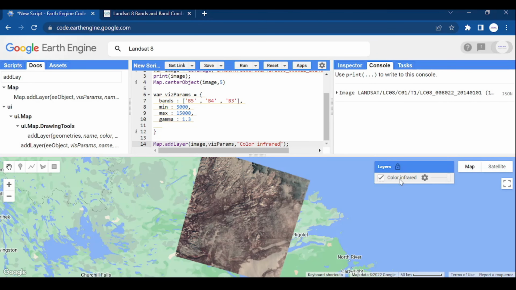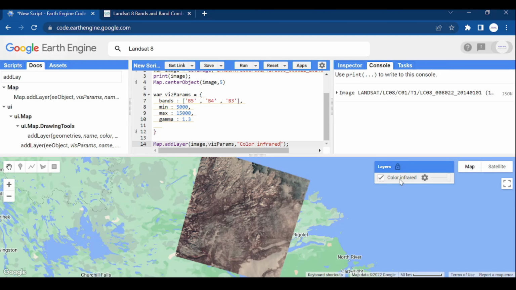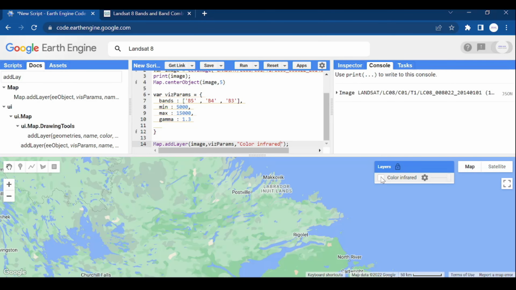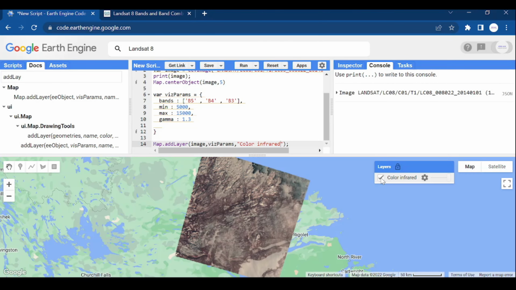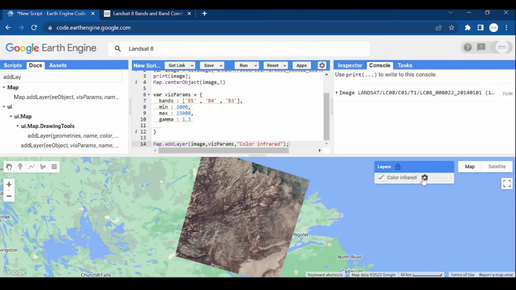So suppose you have applied more than one image and you need to differentiate between the layers, you can simply give names for the different layers, and you can check and uncheck these layers also by clicking this check button. Now if I simply go back to my layer manager,